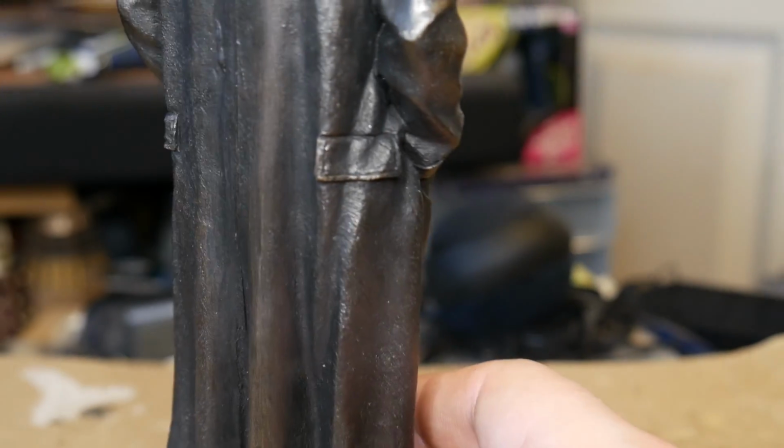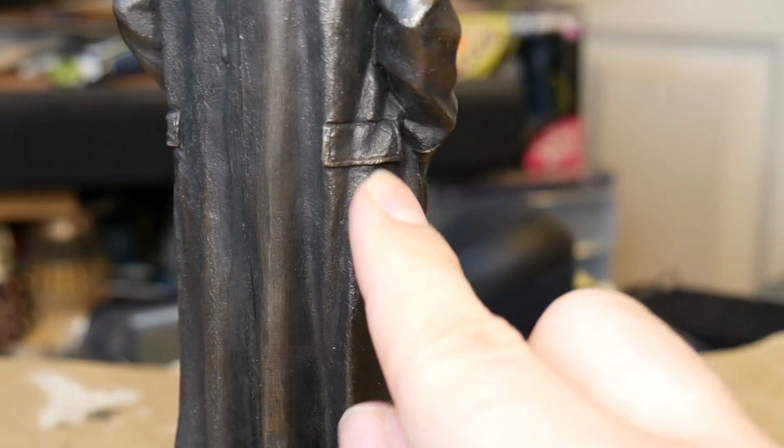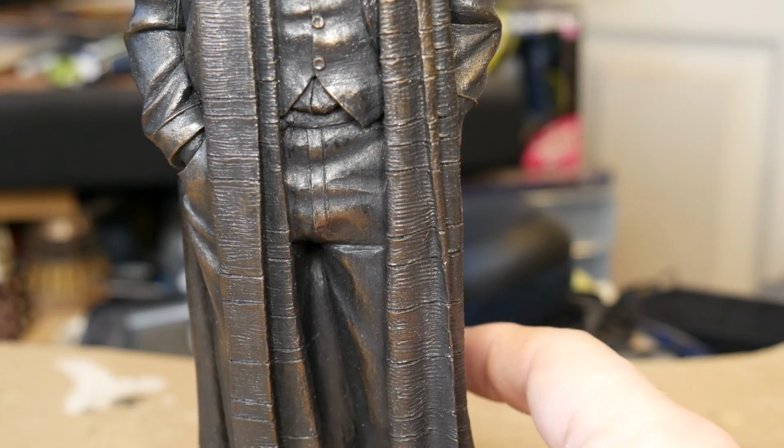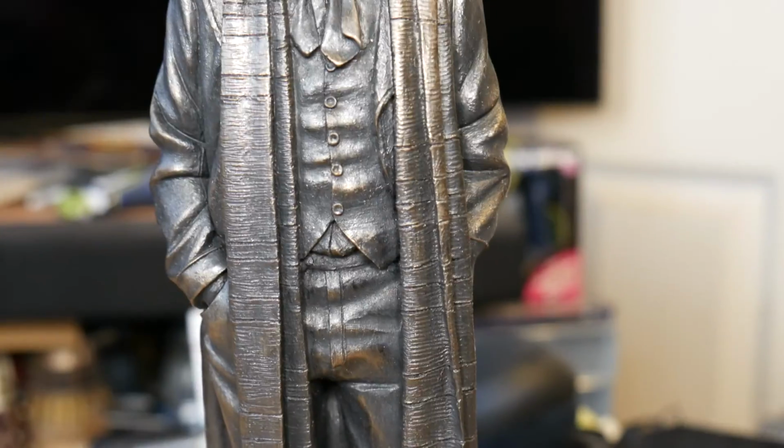They have done well though by getting the pockets in. You can see the pockets just here sculpted in. So yeah, but overall, not much to say on that. The trousers, again, just basic trousers. The scarf,